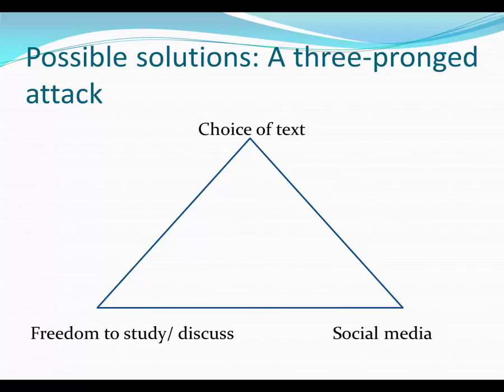Okay, so the possible solutions that we considered were kind of a three-pronged attack, to think in terms of choice of text. So give them a choice, make them choose the text that they want to read. So we had two lists. The one list